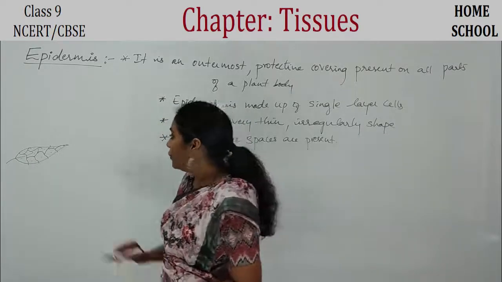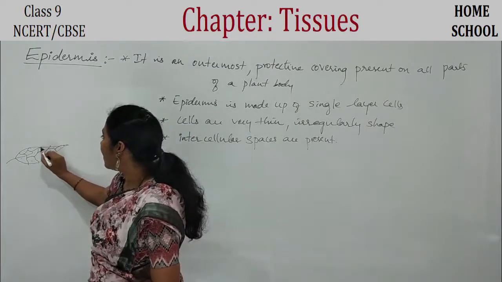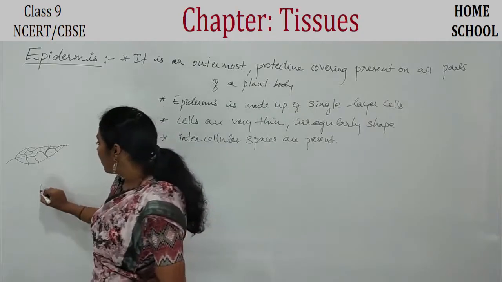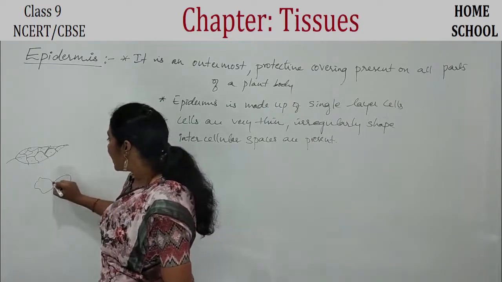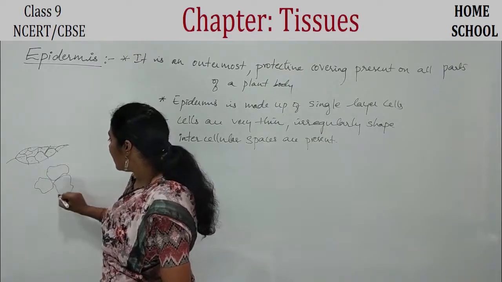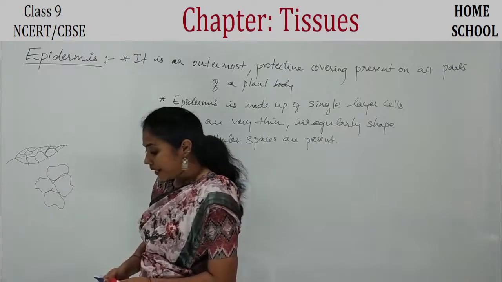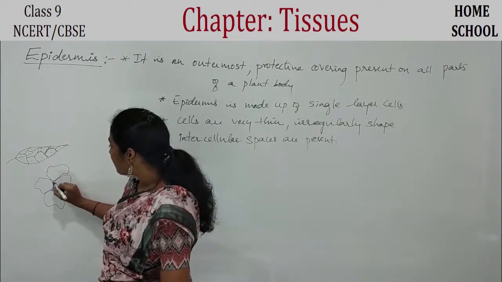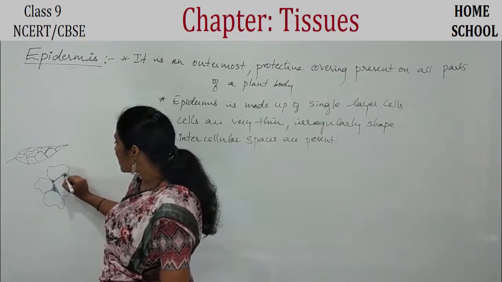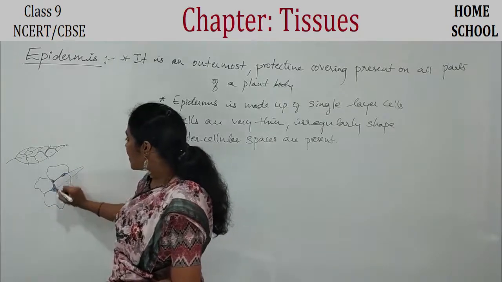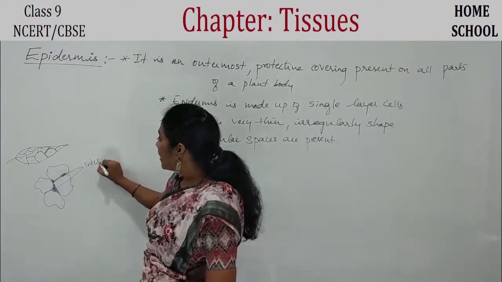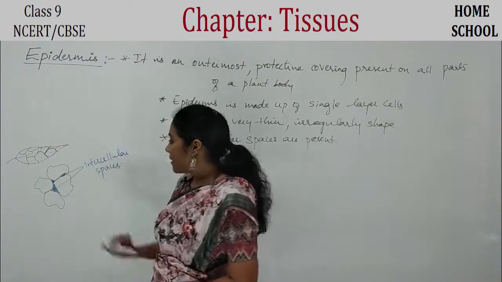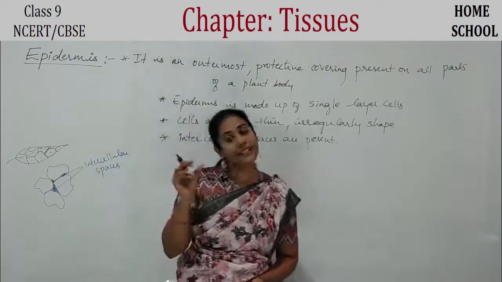Fine. And between one cell and another cell, what you will find? Intercellular spaces. Okay. So here I will draw. This is one cell. This is second cell. Okay. This is third cell. This is fourth cell. Okay. You can observe the spaces between the cells. See, this is the space between these three cells. Yes or no? And here you have a space. Here there is a space. These spaces between the cells only we will call it as intercellular spaces. Isn't it? So this is how normally epidermal cells look like.